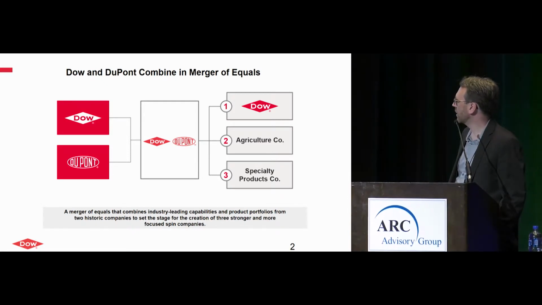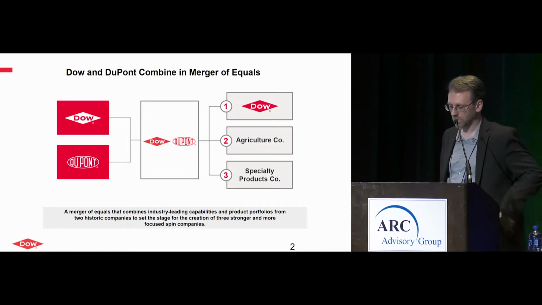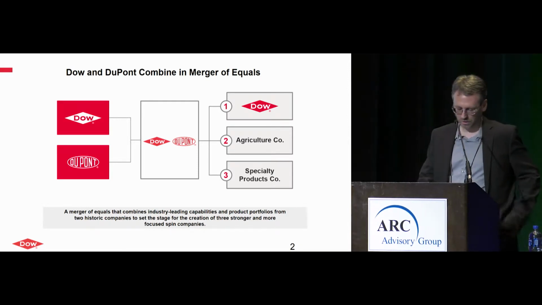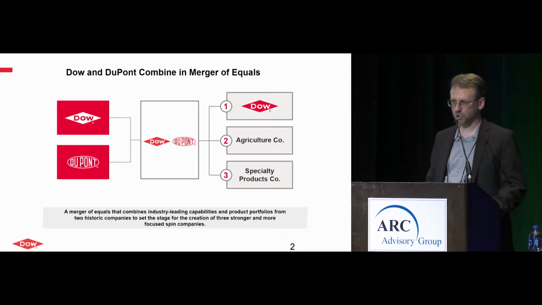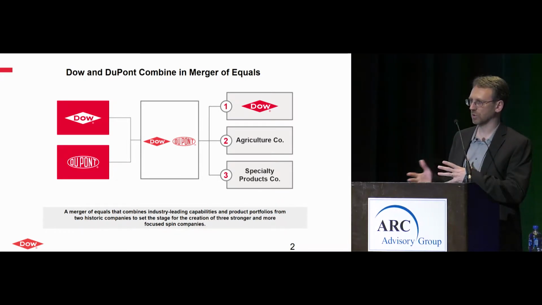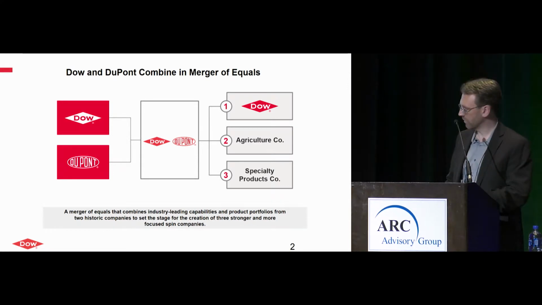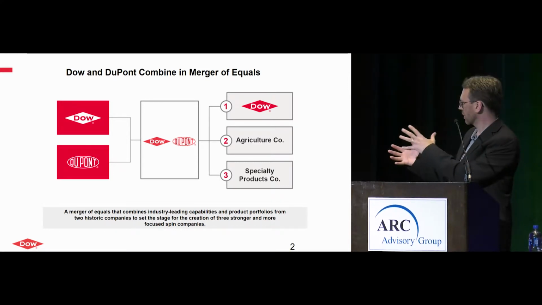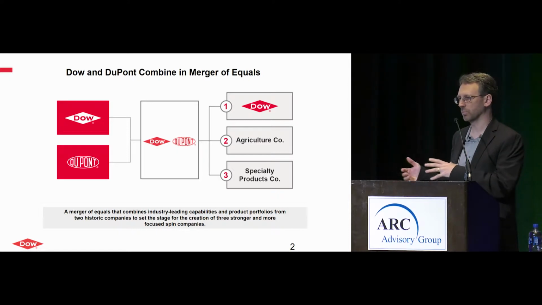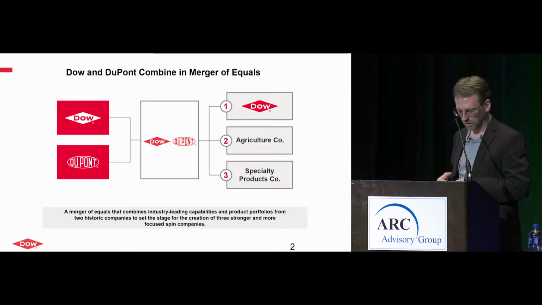So Dow has recently been through a merger with DuPont, and the announcement for this merger came on the same day as the announcement of Dow Chemical restructuring the joint venture with Dow Corning. So even though this shows two great companies combining into one, I really view this as a merger of three companies, with Dow Corning, DuPont, and Dow Chemical,